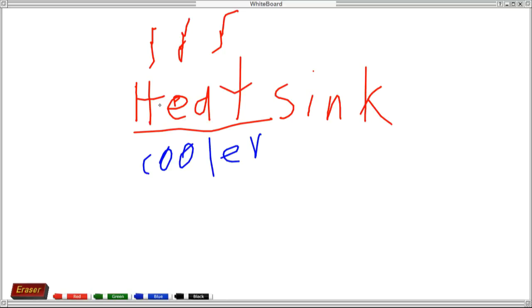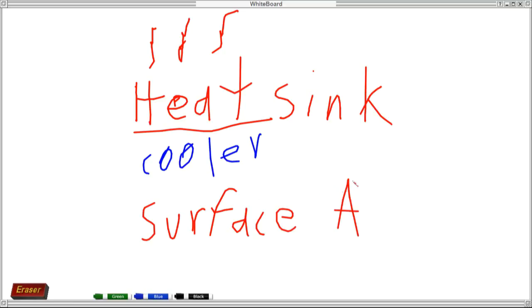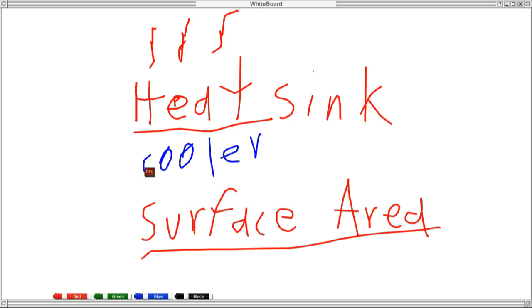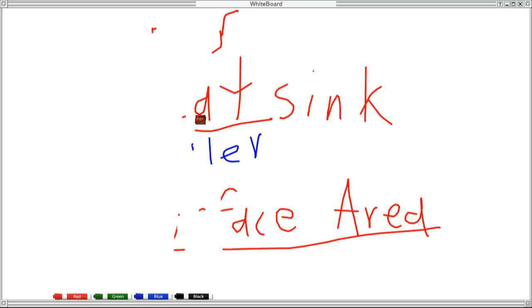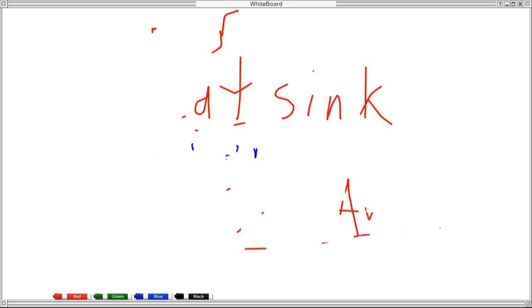Okay, the reason why is mainly because of what they call surface area. Okay, and the reason why surface area is very important is because